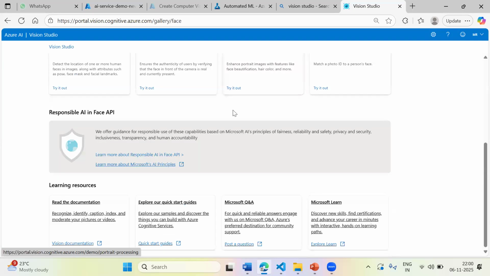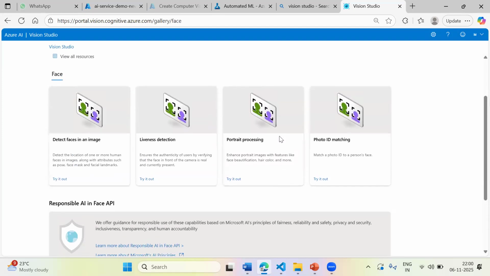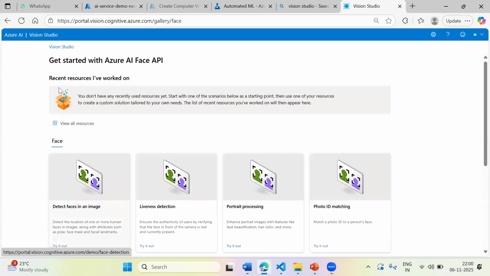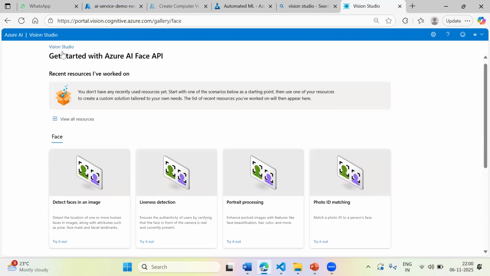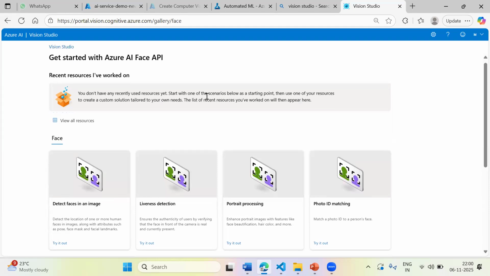Now under that service we can try to create different AI services. I can use it if I wanted to use liveness detection, portrait and photo ID matching, detect faces in the image. So this is more about the Azure AI face APIs if I wanted to call. Okay, then I wanted to use related to the,